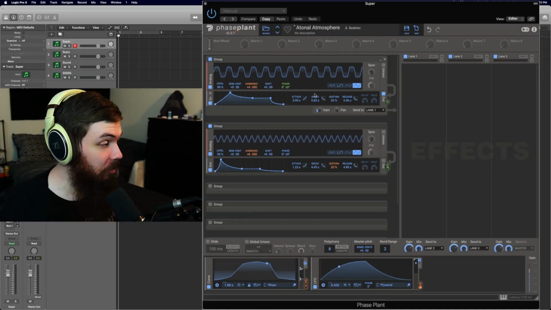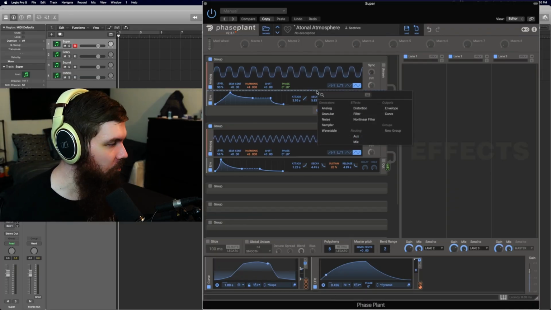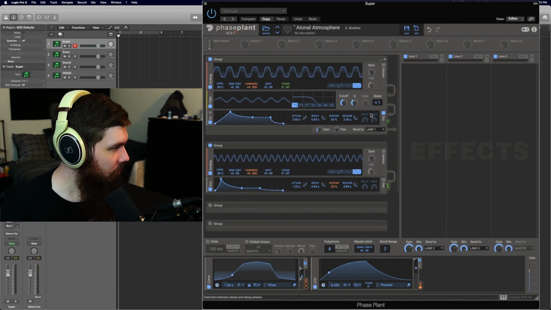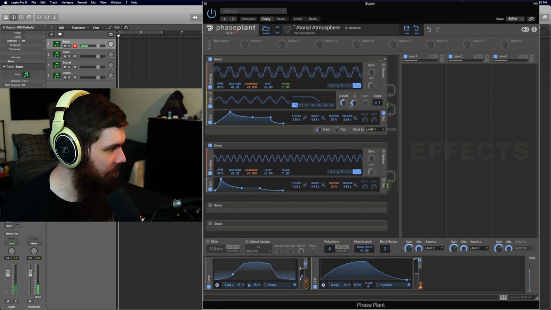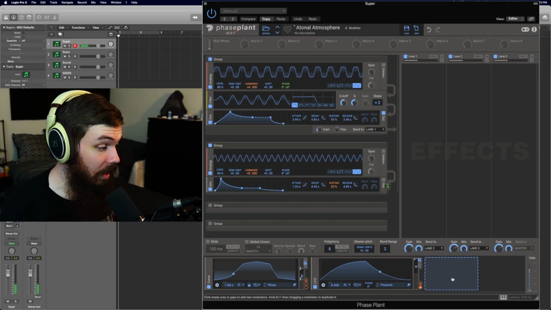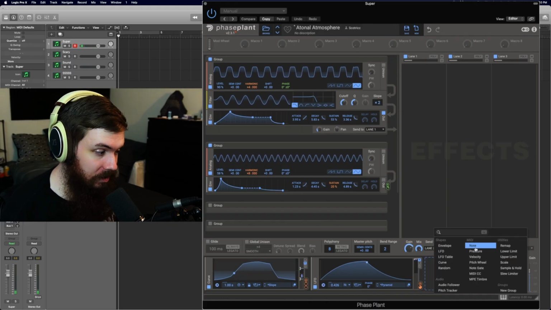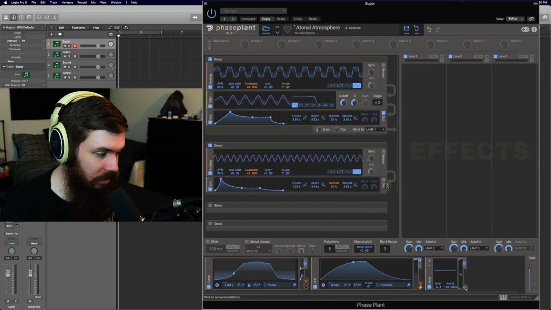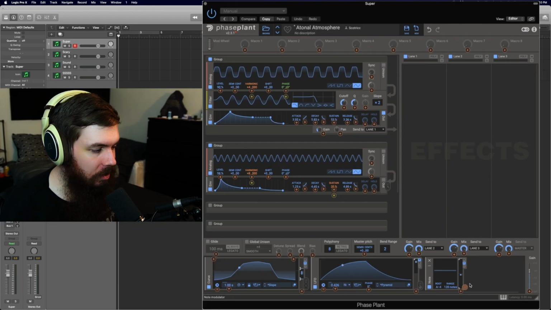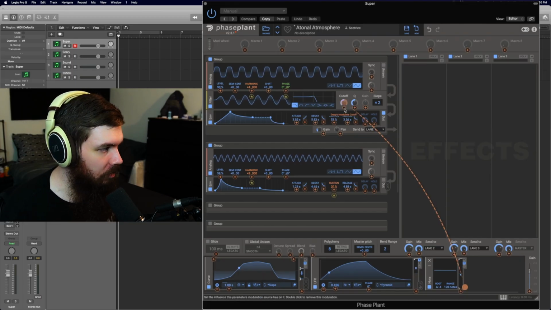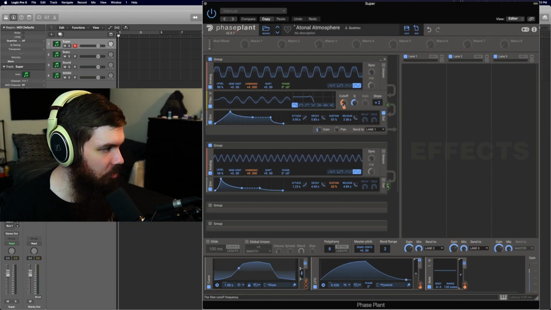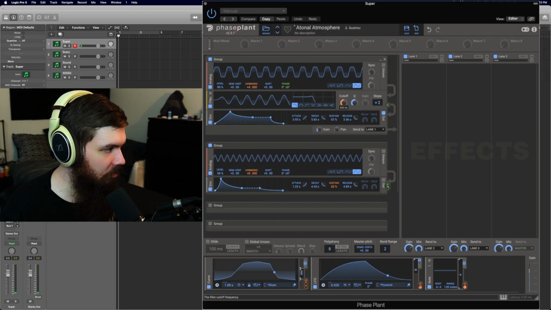I want to add a filter, and I'm going to do some stuff with the filter as well. The filter sounds like this. Let's add some Q, some resonance. And, very important thing, let's add note. And this is essentially how we key track here in Phase Plant. And I'm going to assign that to the cutoff at 100%, and then listen to where